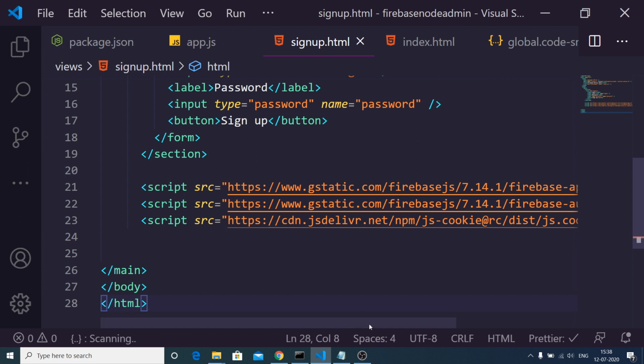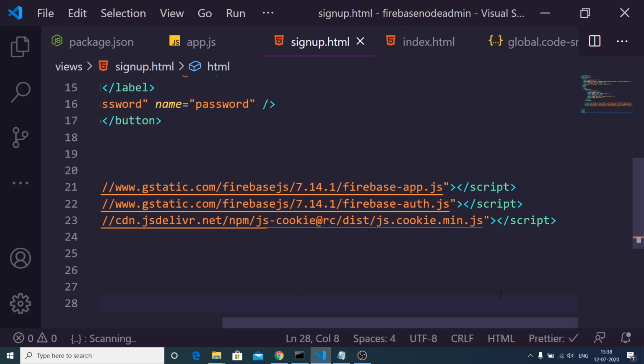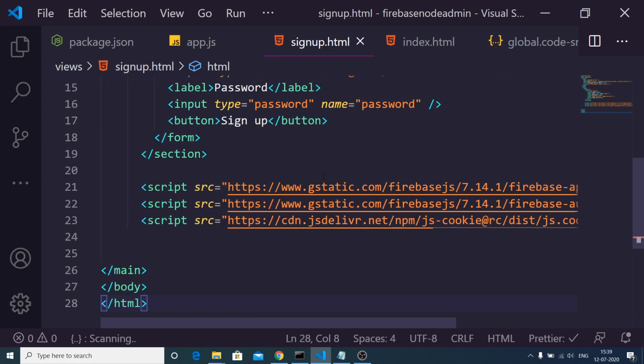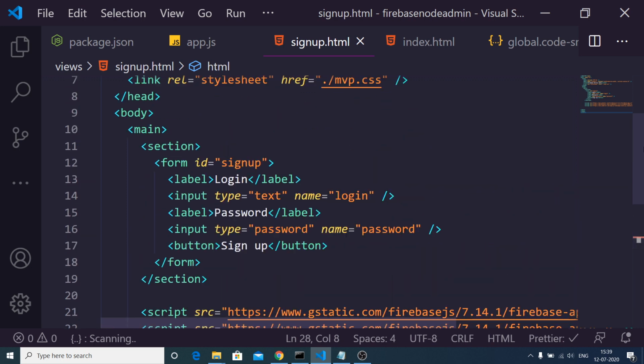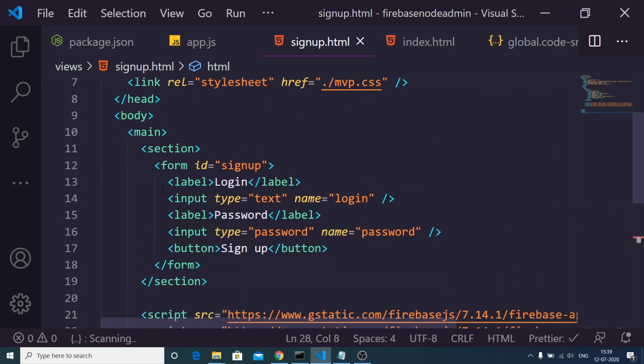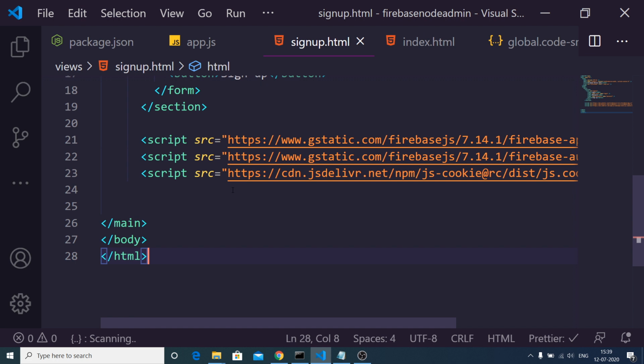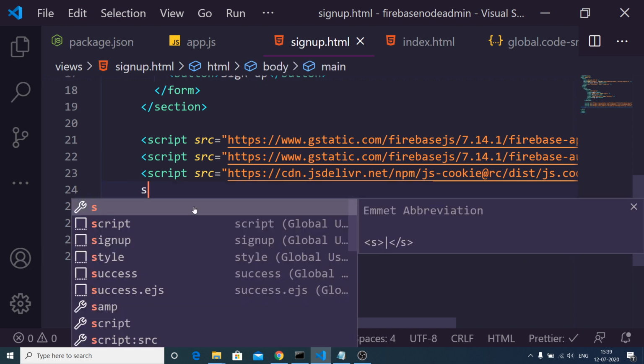Inside this template I have just included all the Firebase dependencies: Firebase app.js, auth.js, cookie min.js. All this code is given in the video description, so copy paste this code. Apart from that, there is a simple form which has got two fields, login and password, and a button of sign up. You need to copy paste this code right here. So make a script tag here.